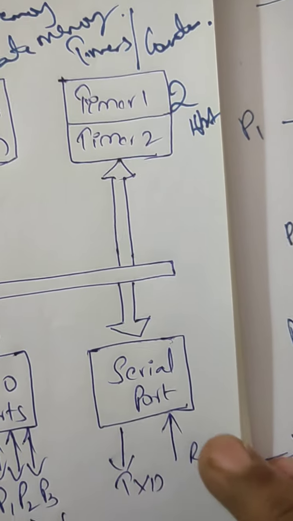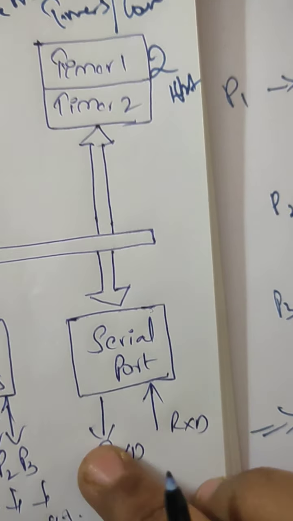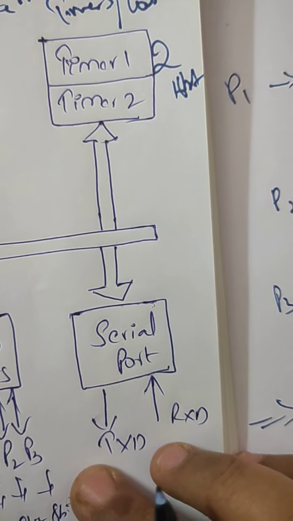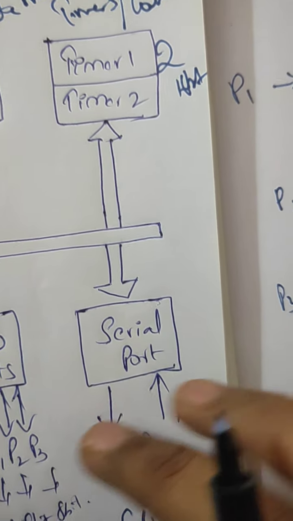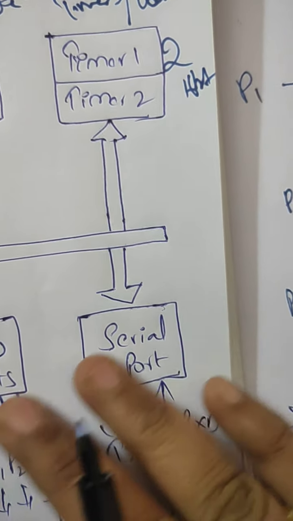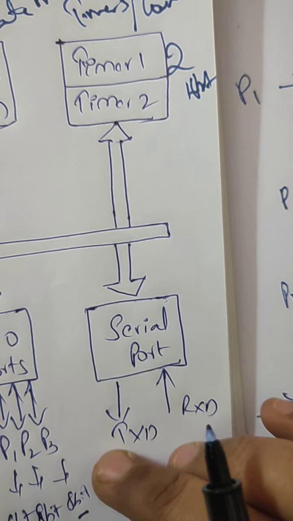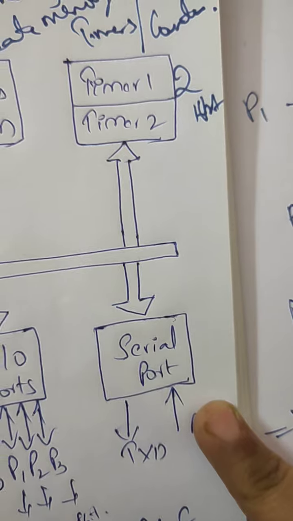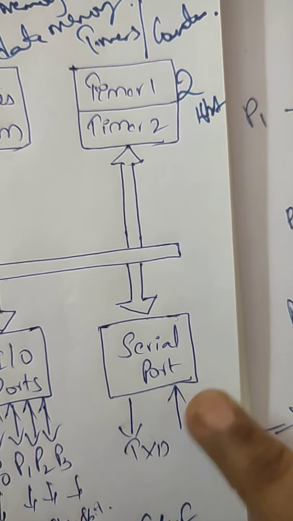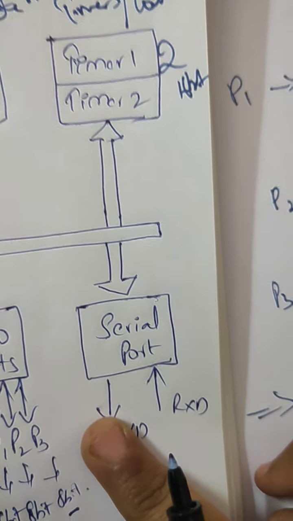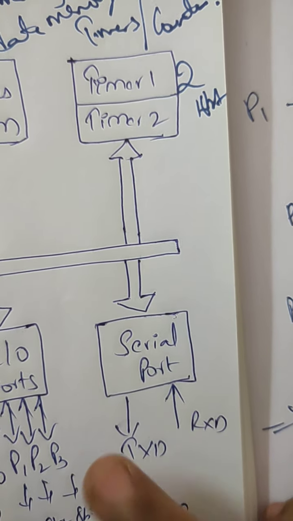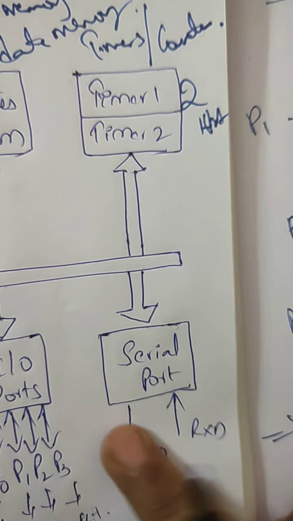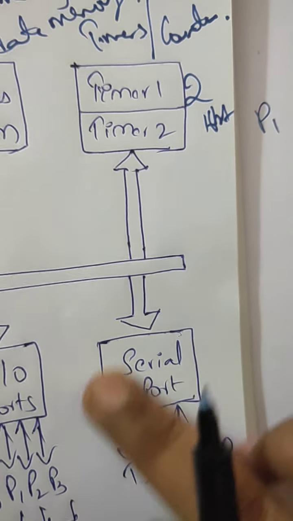I am repeating: there are 2 registers in the serial port, one for transmission data and one for receiving data. In one case the port acts as a reader of serial input data, the serial data receive buffer. In the other case the port is used for writing serial output data, which is the transmit buffer. One is read and one is write: reading the input and writing the output. So this is about the serial buffer.